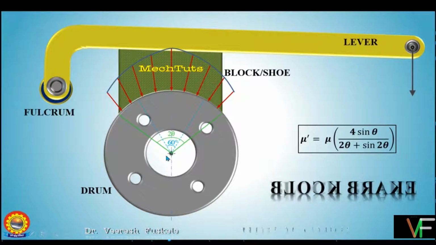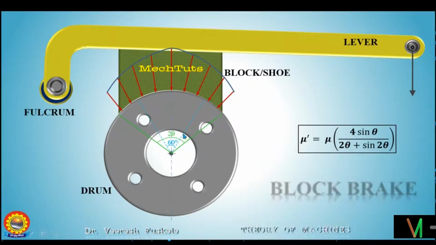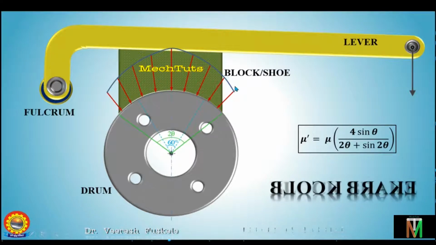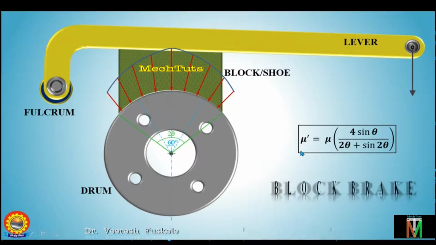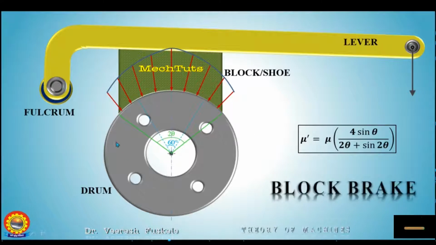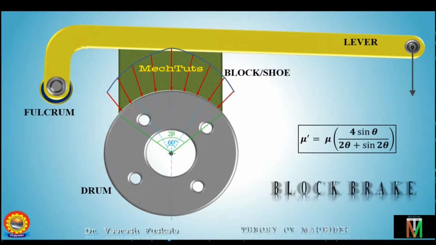So this 60 degree actually comes from this. So if we put the values of theta and draw a curve, then it is found that up till theta is equal to 30 degree, this pressure is nearly same. So above 30 degree or the value of 2 theta above 60 degree, the pressure will be varying. So let's move further. Suppose we see an example of a brake shoe which is having a contact angle less than 60 degree.